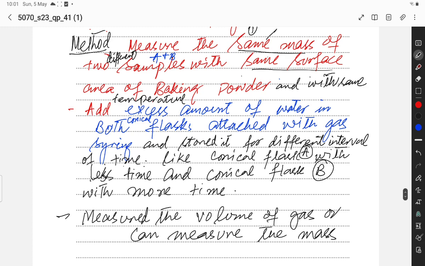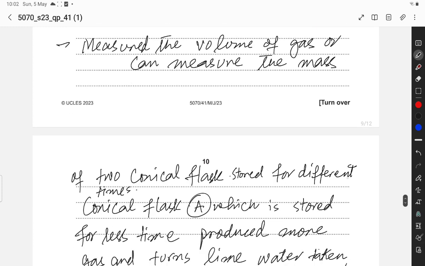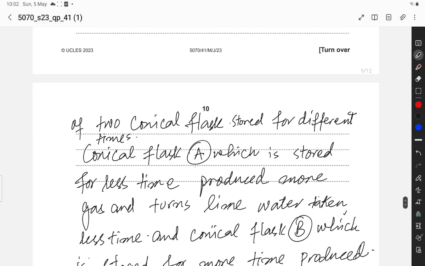Add excess water in both conical flasks attached to the gas syringe and store them for different intervals of time, like conical flask A for less time and conical flask B for more time. Measure the volume of gas, or measure the mass of the 2 conical flasks stored for different times. Conical flask A, which is stored for less time, produces, this is the result,